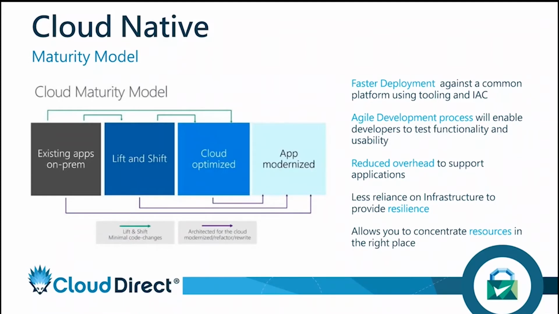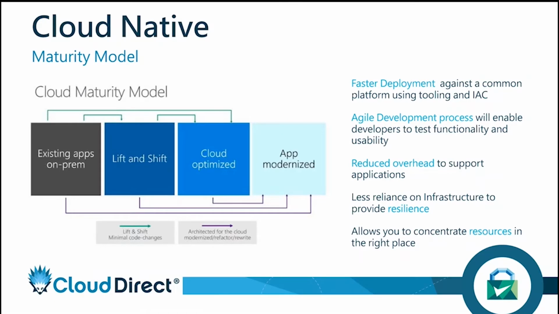Then we move across to being cloud optimized, and this is where we start to refactor or re-architect applications. So using more of those PaaS-based services to make sure that your application is cloud optimized. And again, that leverages greater value from a cost, performance, and security perspective, and actually how you deliver those applications. And then the utopia really is that fully app modernized application where we start to look into things like serverless computing and other elements and tooling that will enable you to, again, really leverage that app and deliver that app not only at scale, but at a super fast and rapid